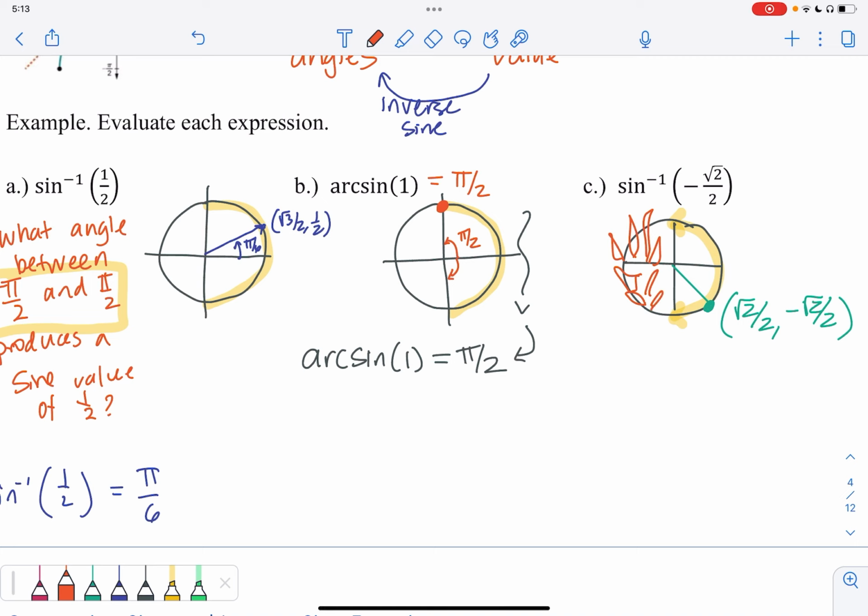In order to get to the spot that I want to be at, I need to start at the positive x-axis and go in the negative direction. This gives me negative pi over 4, because I'm going clockwise. So what I found is sine inverse of negative root 2 over 2 has an output of negative